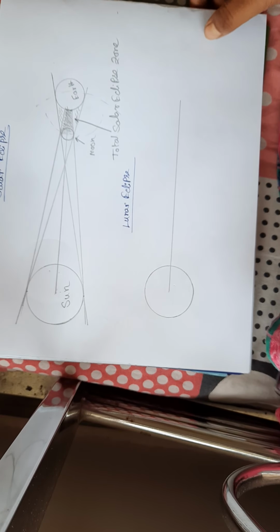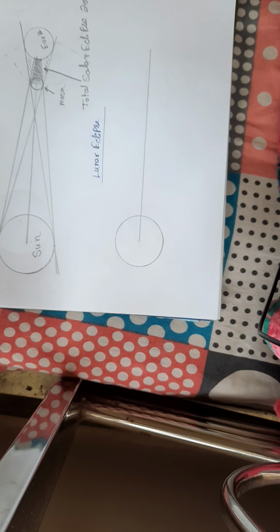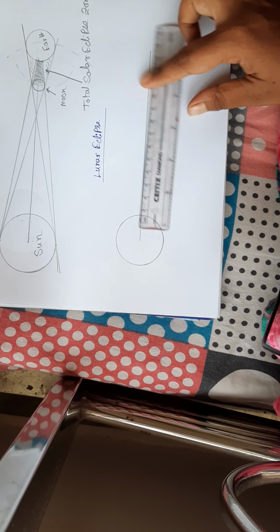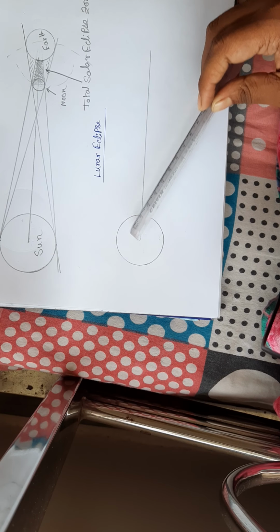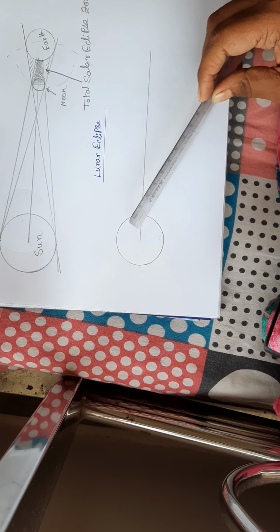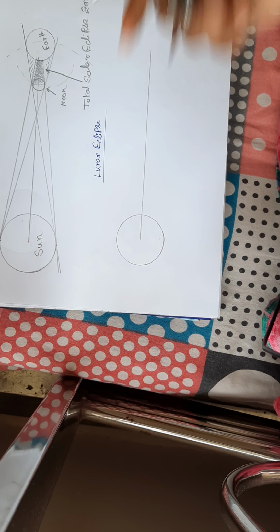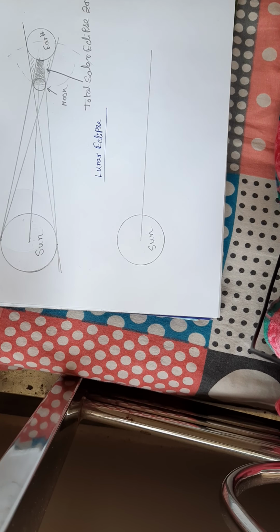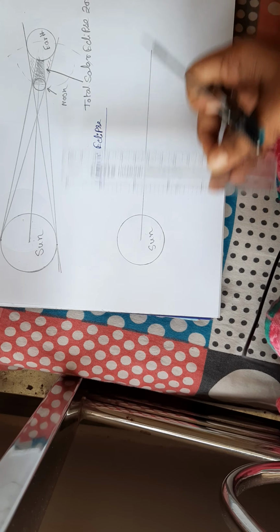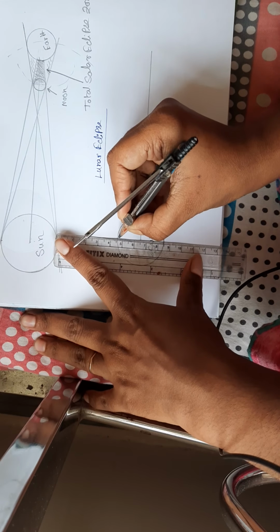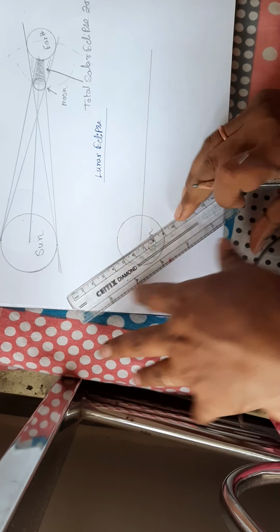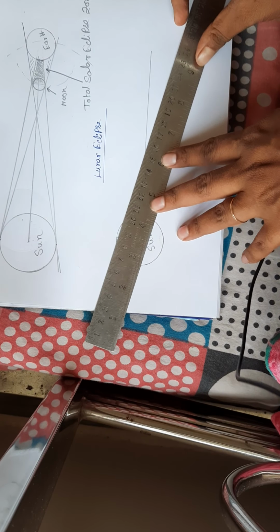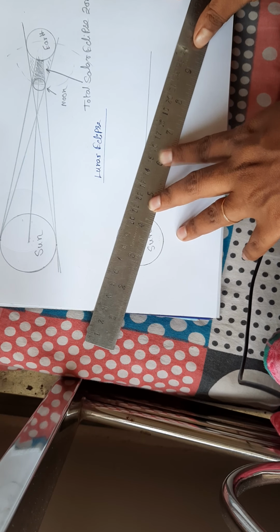Now we are going to draw the lunar eclipse. The same process: first draw the straight line on the paper, and at the edge of the straight line, with a radius of 2 or 3 centimeters, draw the sun and write the name Sun. Then draw the tangent line. But first you make the vertical 2 points. Touching these 2 points, use the large scale and draw the tangent line.